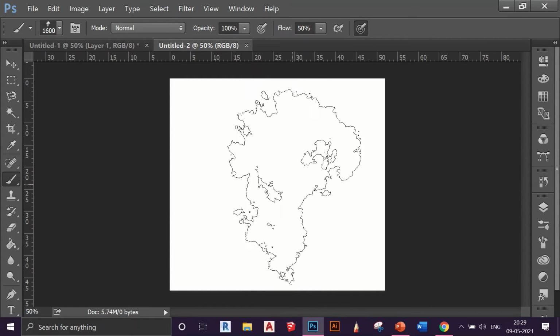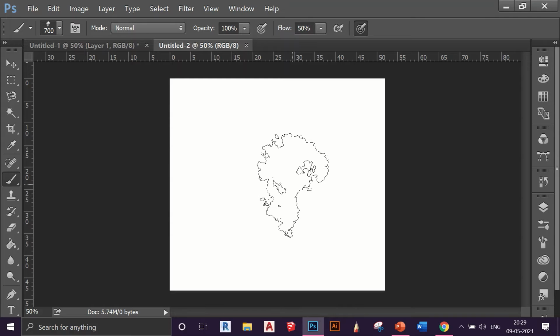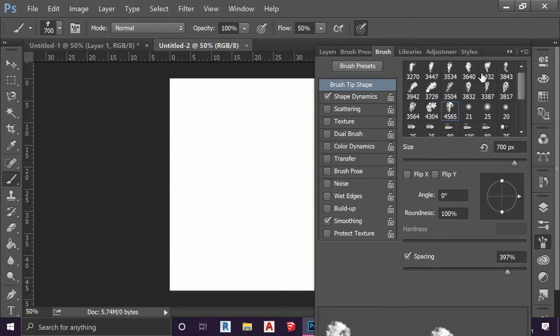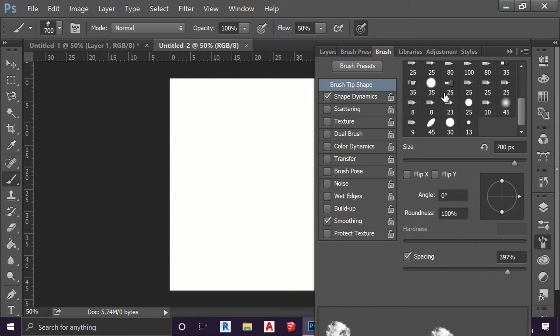So let's get started. You can find all your brushes here. This is your brush panel. These are your different brushes. Actually, I have some extra brushes because I downloaded them from the internet because I needed them. If you want me to create a video on this as well, how to download brushes from the net, please comment down below and I'll make a video on it. But for today, we will be just doing a general brush introduction.